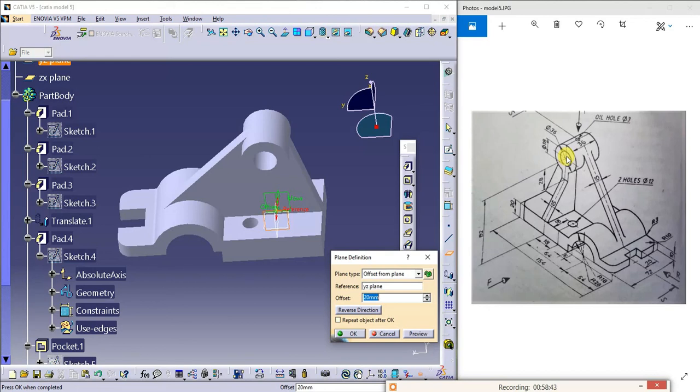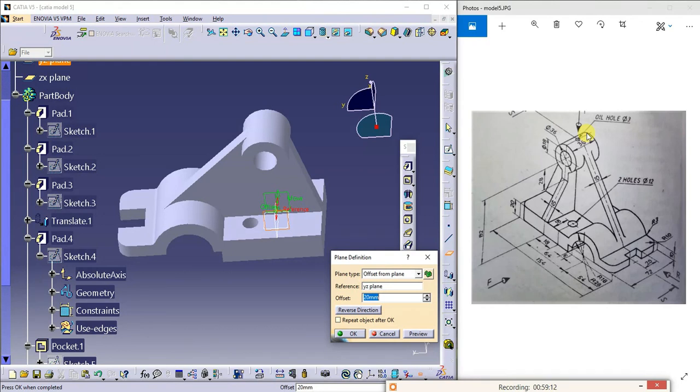If I create a plane, 82 from the bottom, but the plane is exactly at this half. So this is minus 10 here, because our plane is exactly at this point, 10 mm above. So 82 minus 10 is 72. 72 plus this 18. So the plane will come and sit exactly at this point.